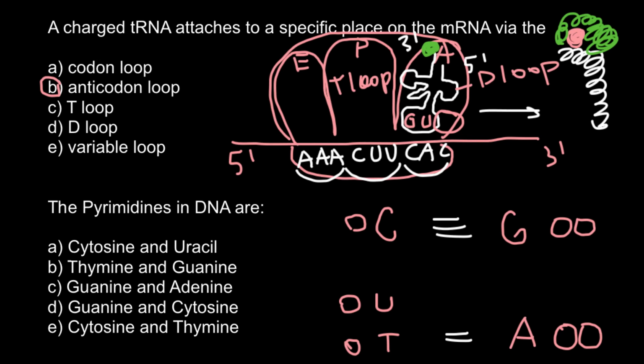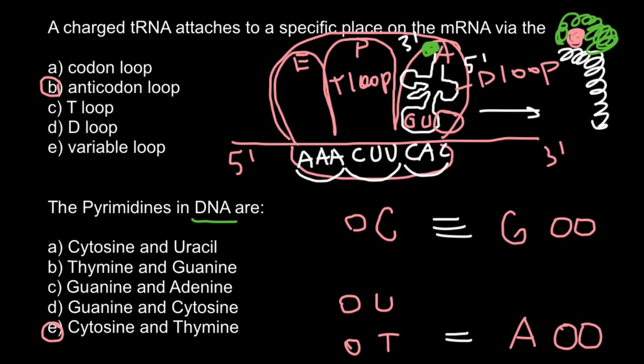So let's now choose the correct answer. Answer A, cytosine and uracil, seems like the correct answer, but you need to pay attention that the question is about DNA, and uracil we can only find in RNA. So this is not the correct answer, but the correct answer would be answer E, cytosine and thymine, and this is answer E. And also one more hint for you, which mutation we call